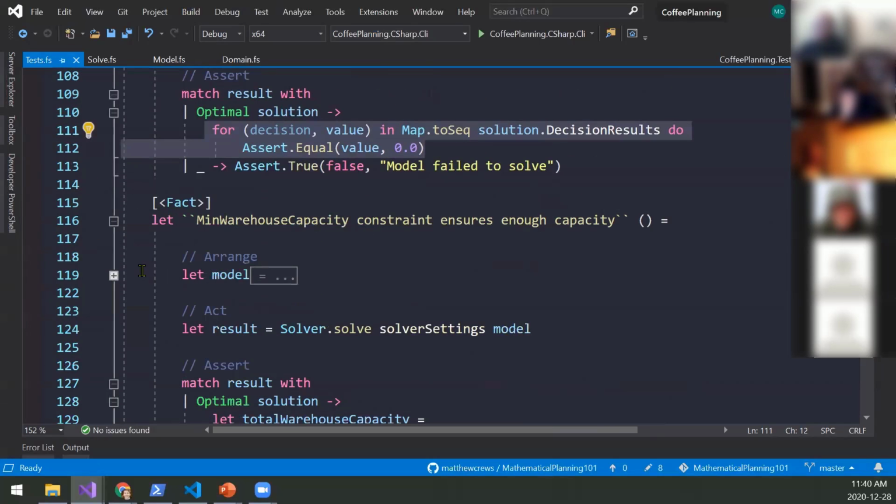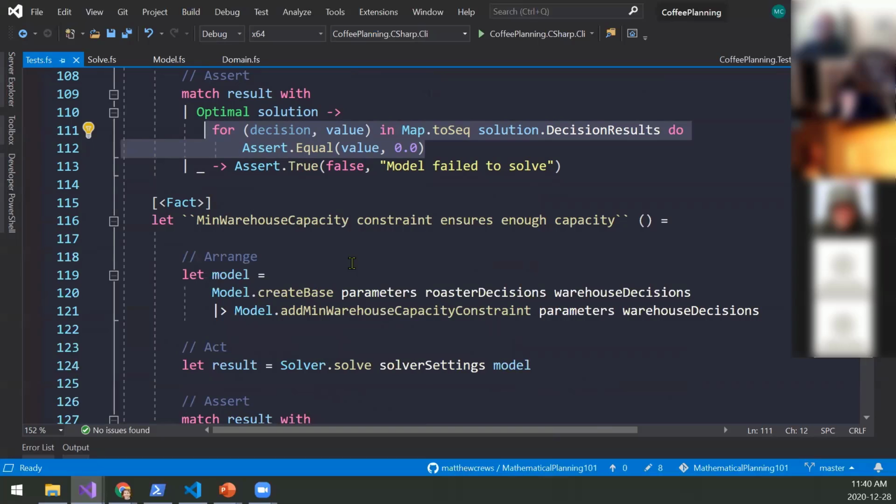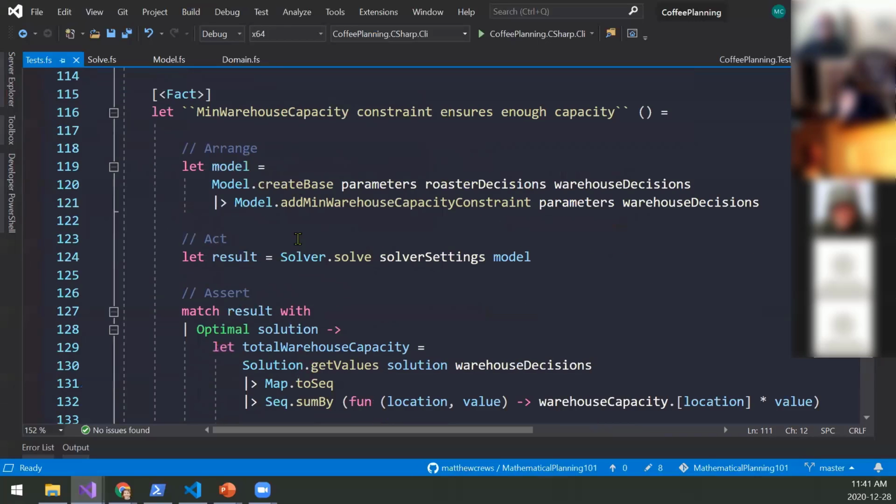Now that I verified that that works correctly, I'm going to add one layer of logic to this, and test that small piece of additional logic I added to the model. In this case, I'm going to take that base model again, which has the objective to minimize my costs, but I'm going to add one set of constraints to it.